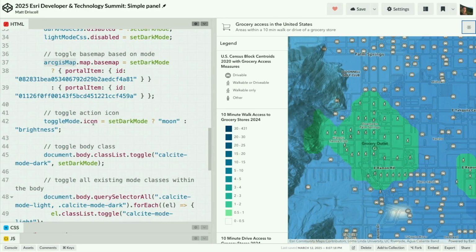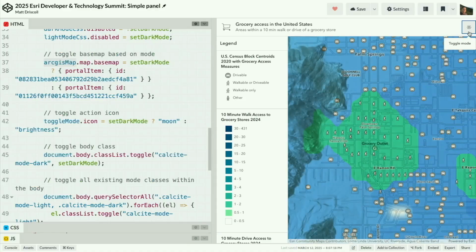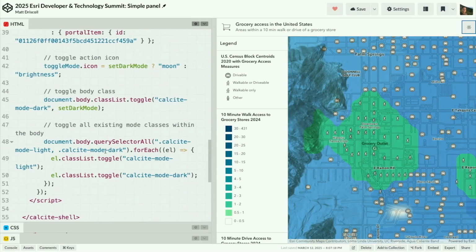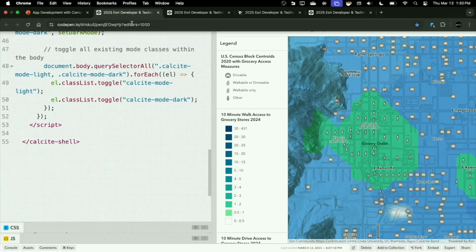And it's changing the icon on this button from the brightness to the moon. And lastly, I go through the document and see if there's any Calcite mode light or Calcite mode dark classes, and I just flip them. Because there actually is one inside of the maps component. And so if you want to switch from light to dark mode, you need to toggle that one too. And so this just toggles all of them just to be safe. So yeah, really simple app, but kind of shows you how you can use map components and Calcite Design System